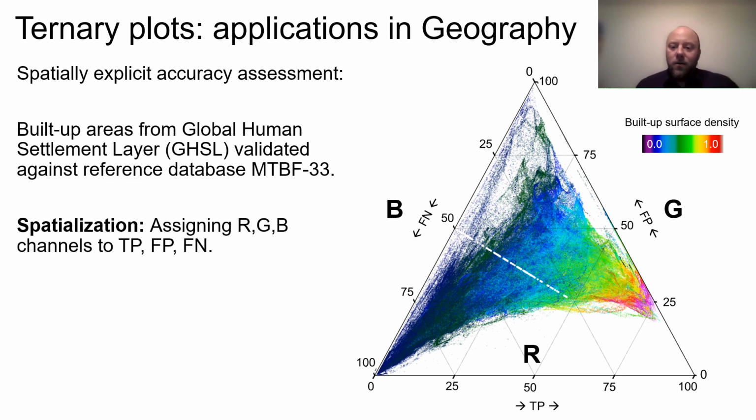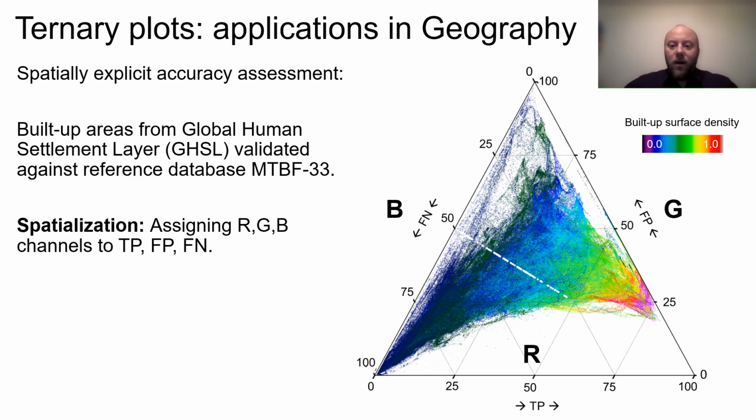True positives correspond to the red channel, false positives to the green, and false negatives to the blue channel. So we have these numbers for each grid cell, right? So we can generate a 3-band image,